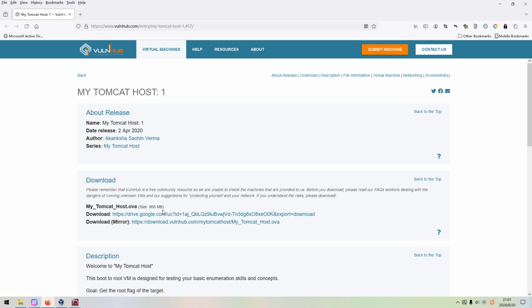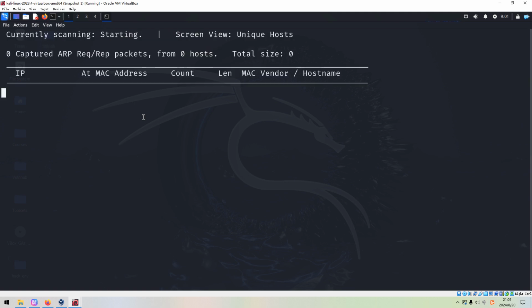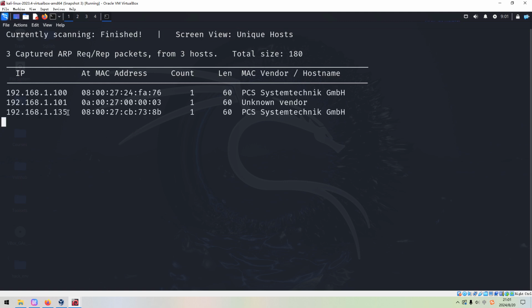So without further ado, let's just get started. We can switch over to the Kali Linux VM. First of all, we need to discover the IP address of the target. The utility I'd like to use, as always, would be netdiscover. So as you can see over here, the IP address of the target could be recognized as